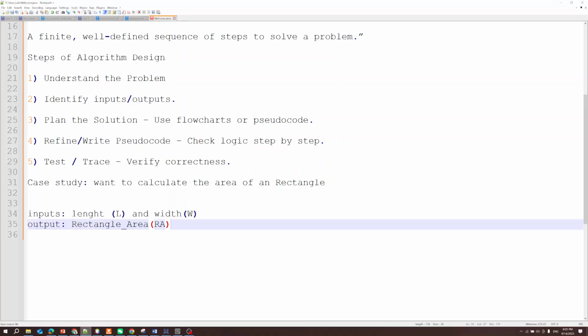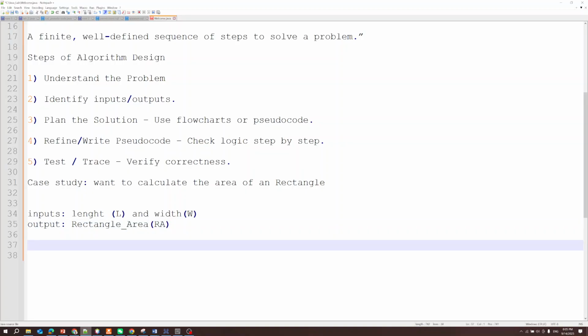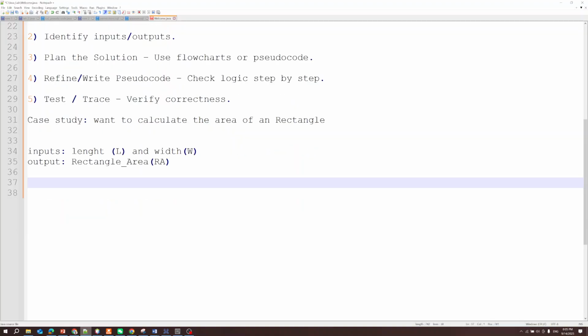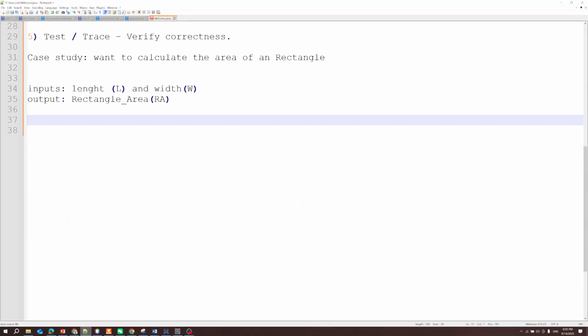After that, we plan the solution, using a flow or pseudocode. So let's say maybe the solution. Now we have to write, for instance, the formula that will help you to get the output. Now what is the flow? For instance, if you want to start the pseudocode,